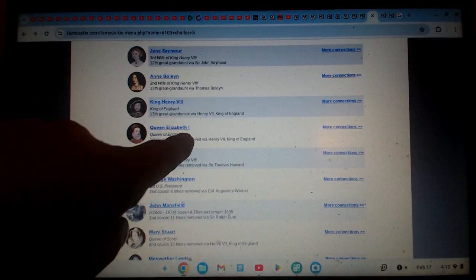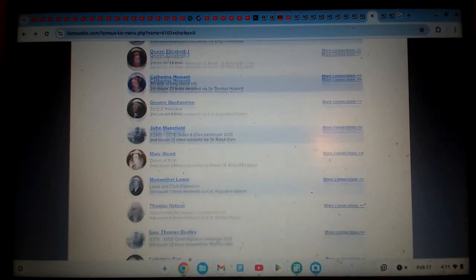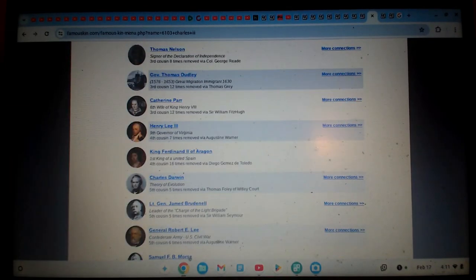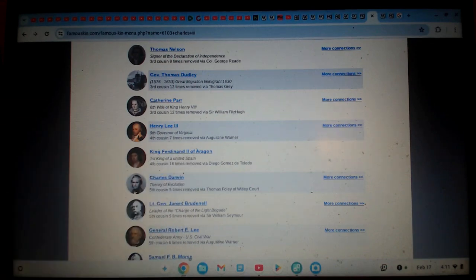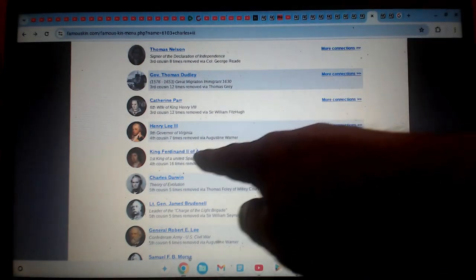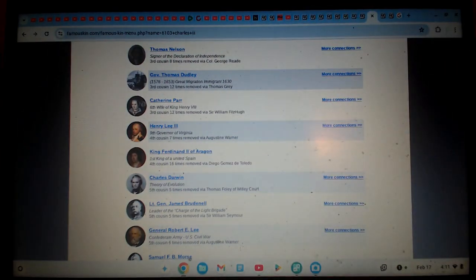Queen Elizabeth I, Mary Stuart. You'll notice that there are like 4 wives of Henry VIII that will be on here. See, first king of Spain. See, 4th cousin. This is the grandfather to Charles V. That's why I say you need Charles V, because it leads to this man, the first king of